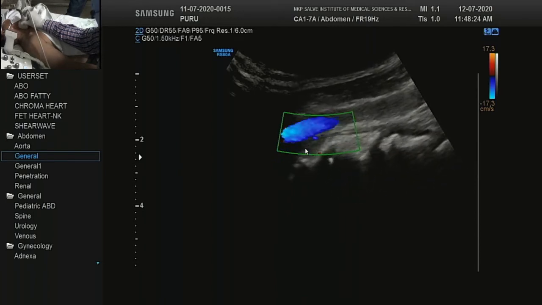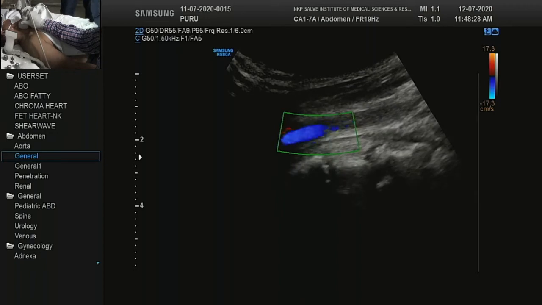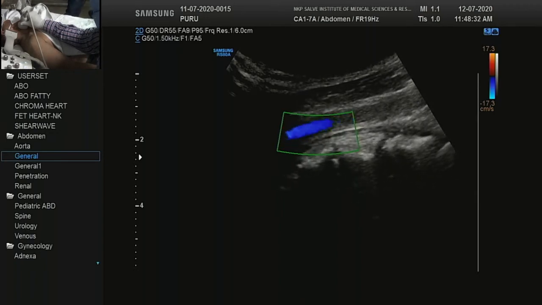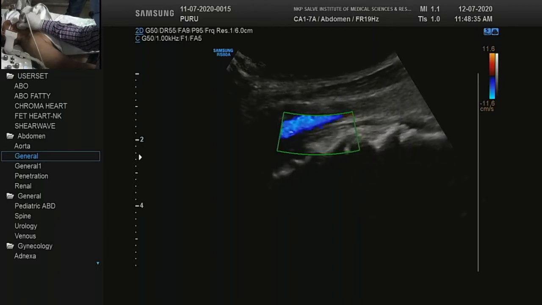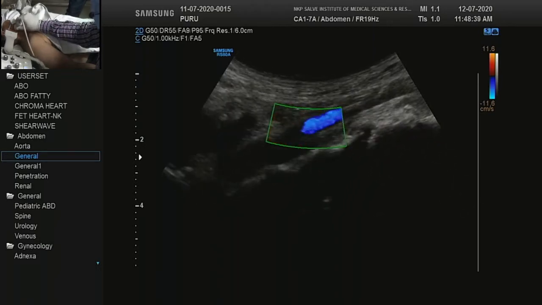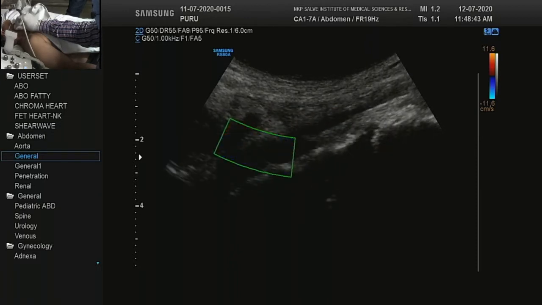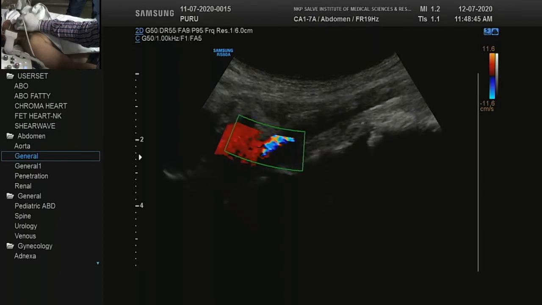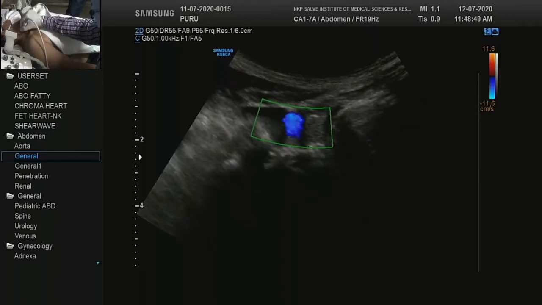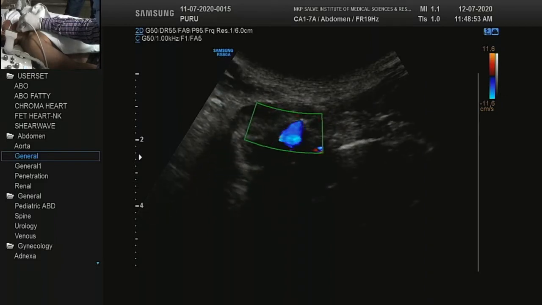So we will just set our color settings so that we can appreciate flow at this much setting. Can reduce the scale a little bit, and then we go to the distal artery. We go to the bulb region, and we try to see the internal carotid. We'll see in transverse.